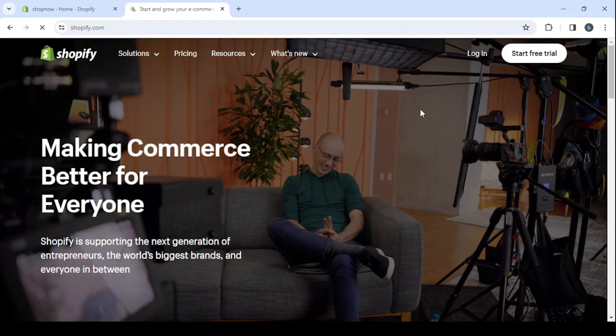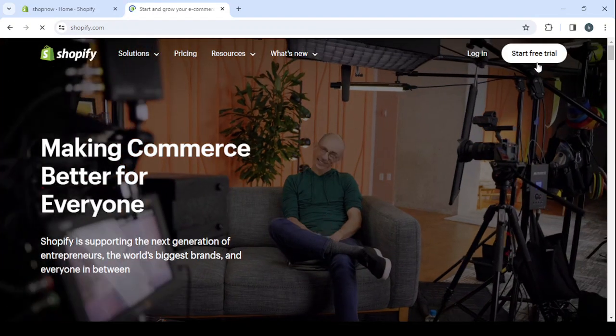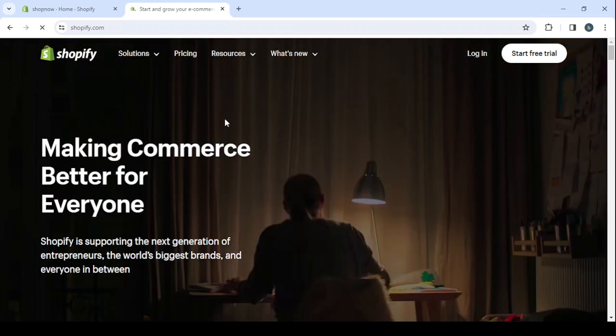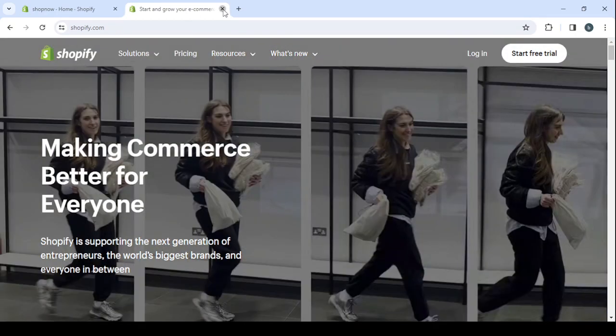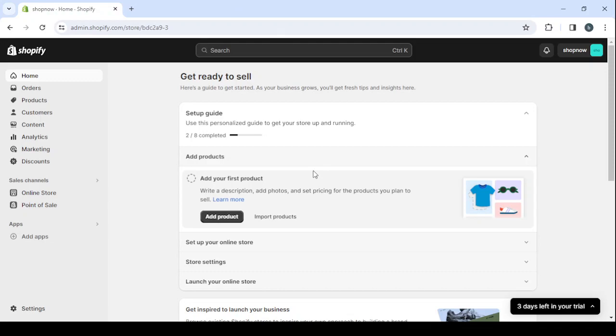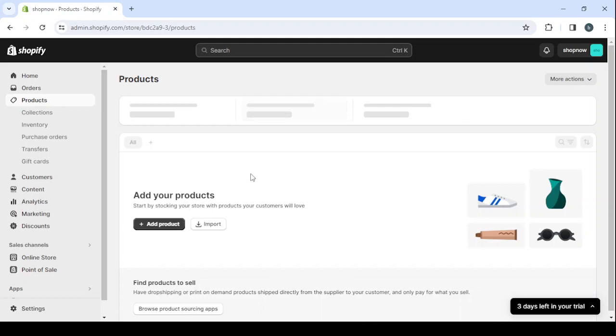Then you will proceed to this page, click on start free trial, then enter your email and you will have your account created. Then you will proceed to your dashboard like this. This is where you're going to customize everything about your store. And on your left you have all of the elements that you will need. You have the home, the orders, the products, where you can create your products. So here you can just go to add products,